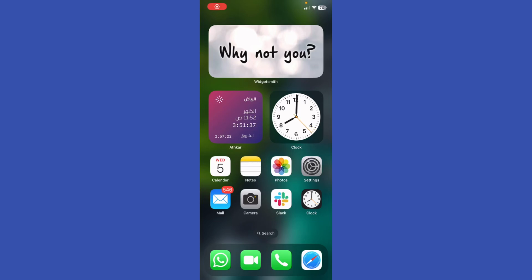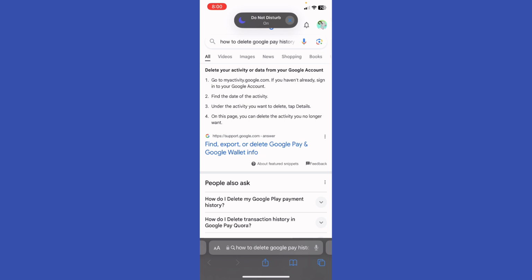How to delete Google Pay history transaction. So make sure that you updated the app in your Google Play. Now what I'm going to do, I'm going to go ahead to my browser, and if you want to delete